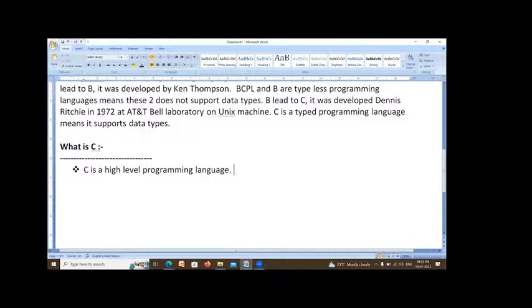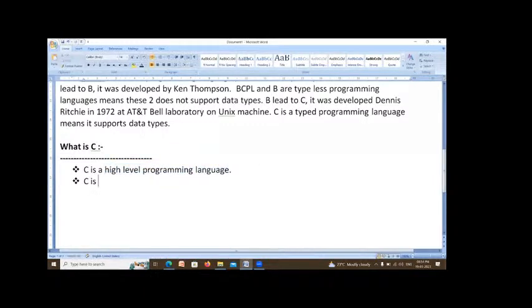What is the meaning of high level? High level means we can write programs by using simple English words, like print, scan, like that. So the languages which can be built by using simple English words are called high level languages.